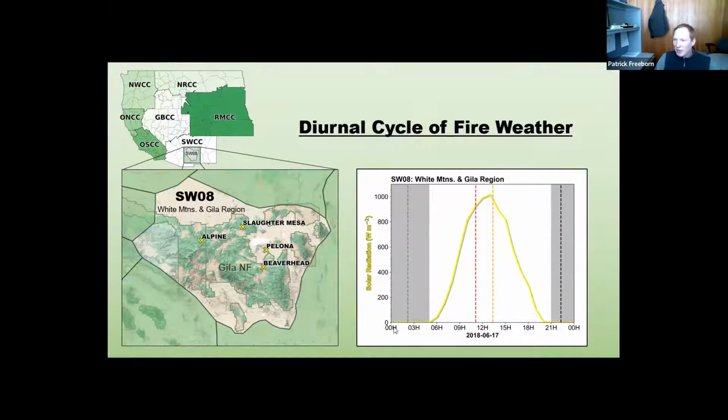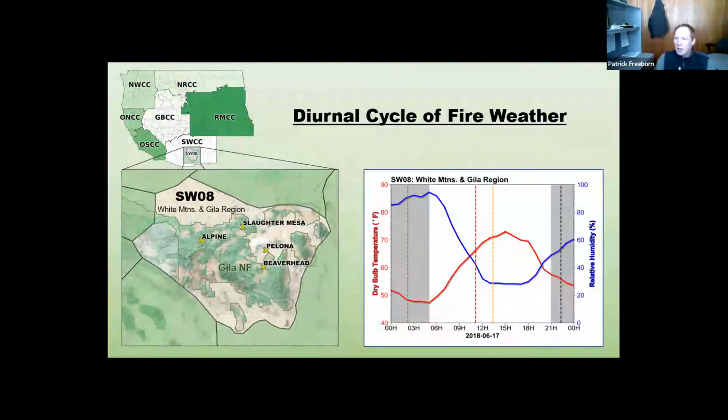Along the horizontal axis, we have time of day. On the far left is midnight, in the middle is noon, and on the far right, we have midnight again, such that the gray shaded areas indicate the nighttime. And for future reference, those dashed vertical lines indicate the MODIS 4 times daily overpasses. A takeaway note for this diurnal profile is the peak of incoming solar radiation occurred at about 1 p.m. local time. And then air temperatures in red are coolest, and relative humidities shown in blue are highest just before dawn.